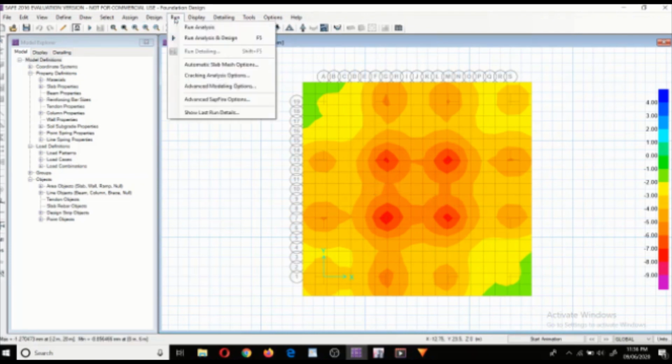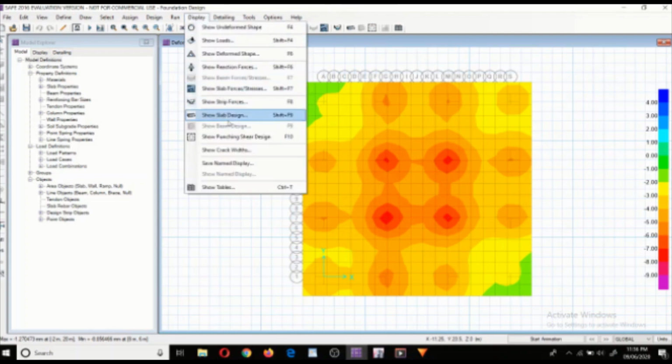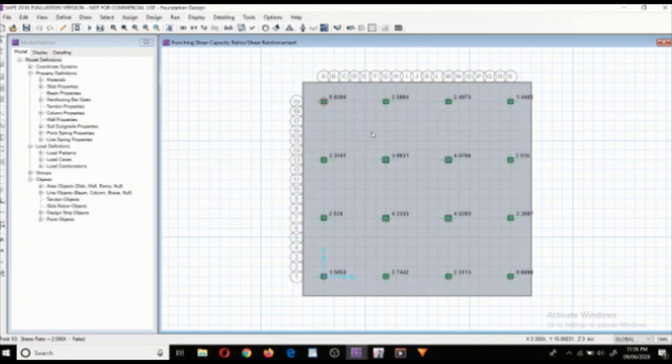Again click on run analysis and design. After that, click on display. Click on show punching shear value.